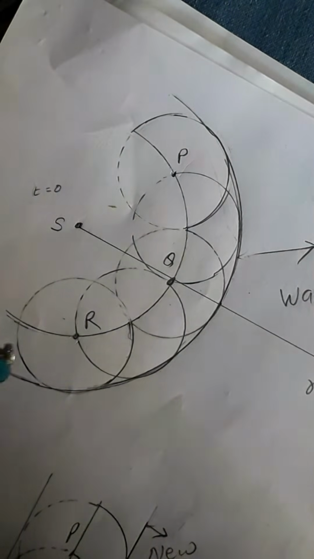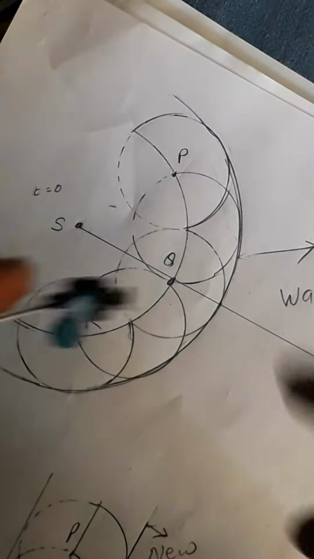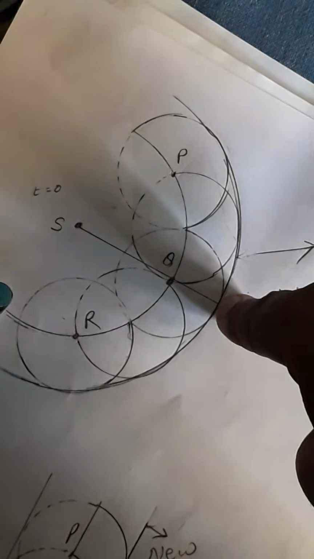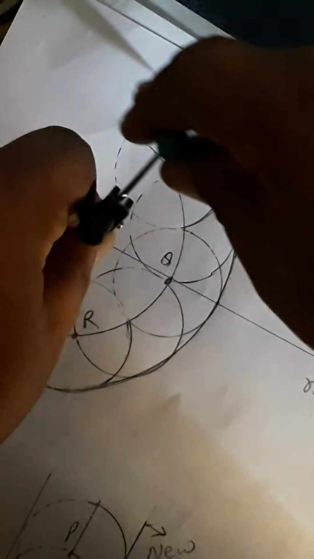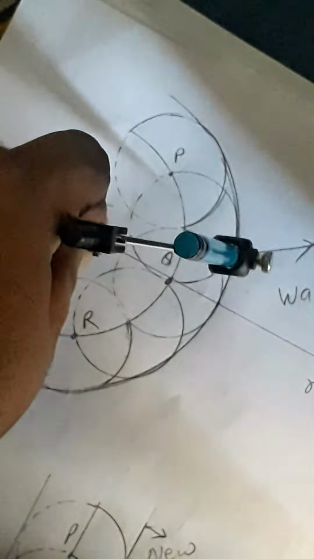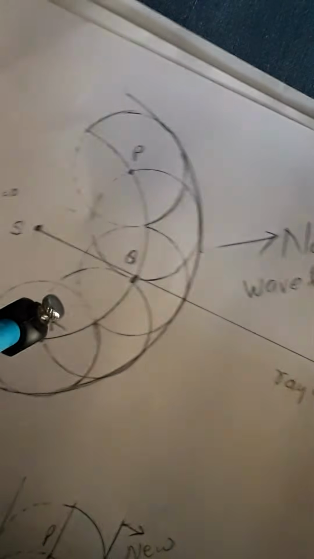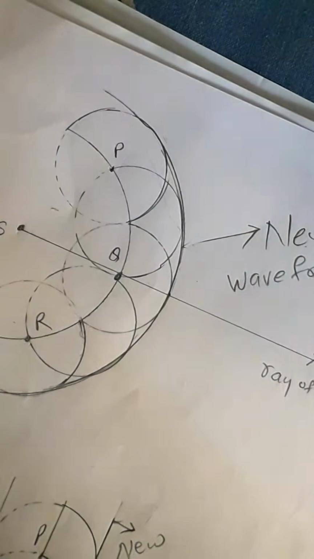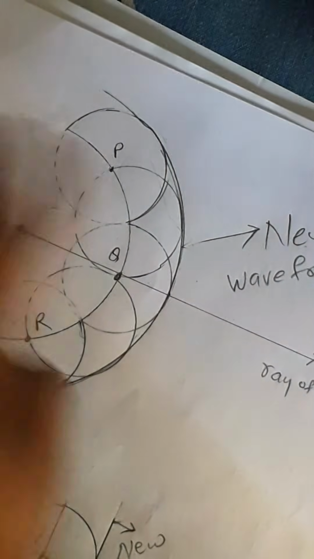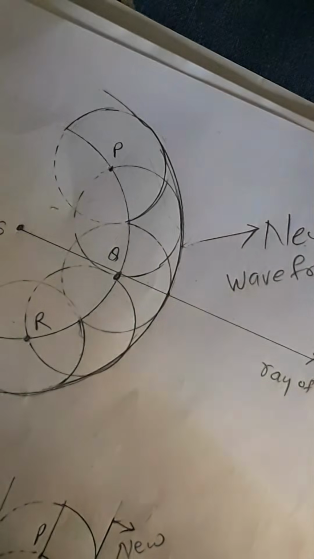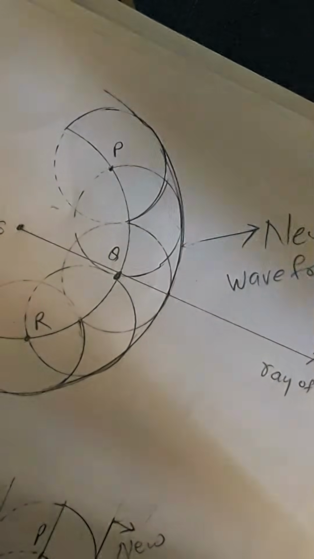Now the bigger one is basically the tangent to all the circles. Initially it was 4, now it is 2, total comes to 6 centimeter. So with the measurement 6 centimeter, this is what we have. You construct a wavefront. So this is a new wavefront that we get, and this process continues. Again on this, if you take P dash, Q dash, R dash, you construct a wavefront. Now the total comes to 8 centimeters, so you will get a new wavefront. In this way we continue to get a spherical wavefront from a point source of light.